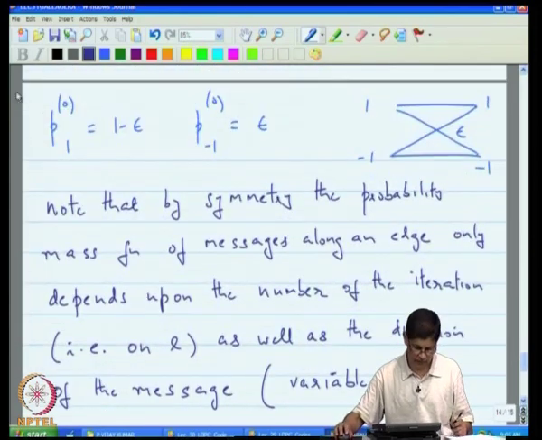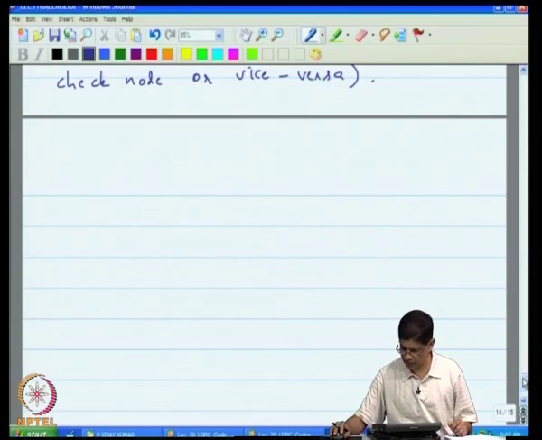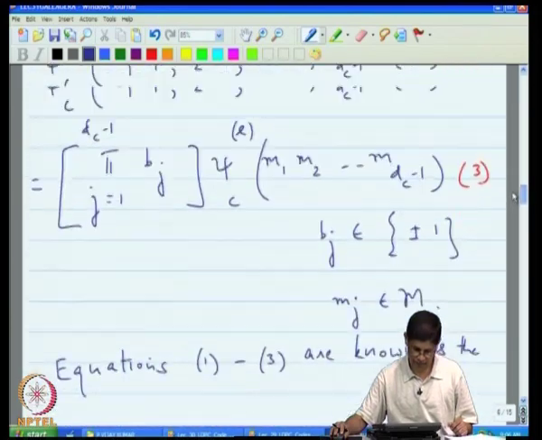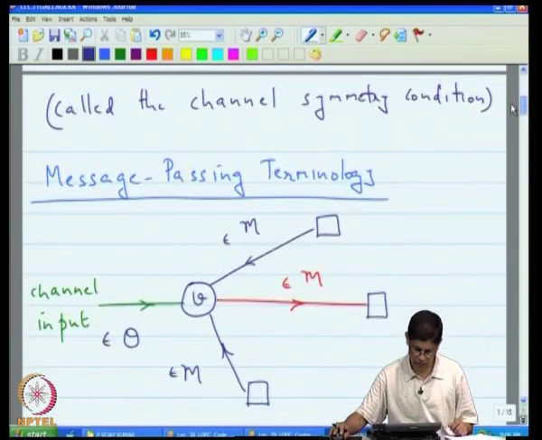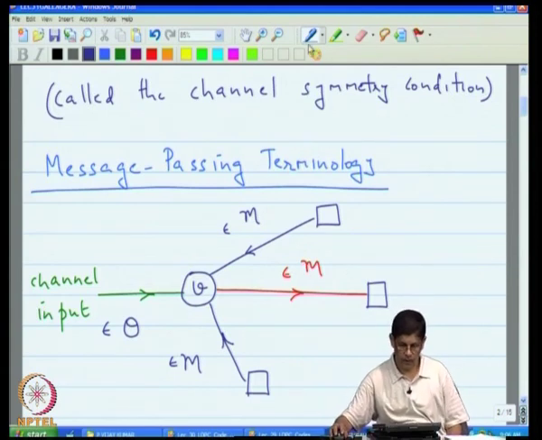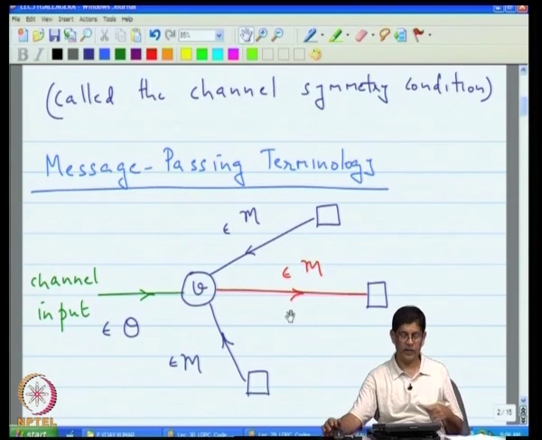All right. So, we have these initial probabilities. Thereafter, it is not hard to compute the other probabilities in succession. For example, if you look, let us say, at a variable node and we are interested in the PMF, the probability, let us say that the transmitted message along here is a 1. Now, this is a 1 if this is a 1 and not all of these are a -1, or if this is a -1 and all of those are 1. Okay. And now, here is where another interesting